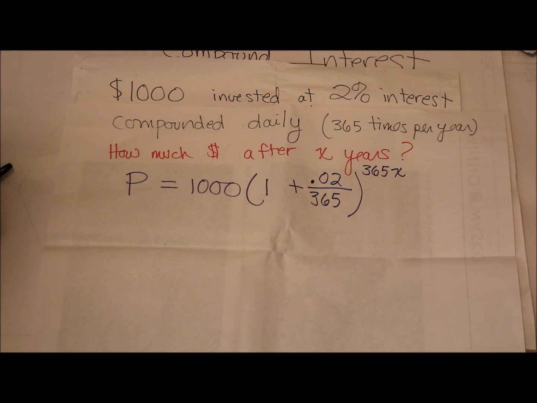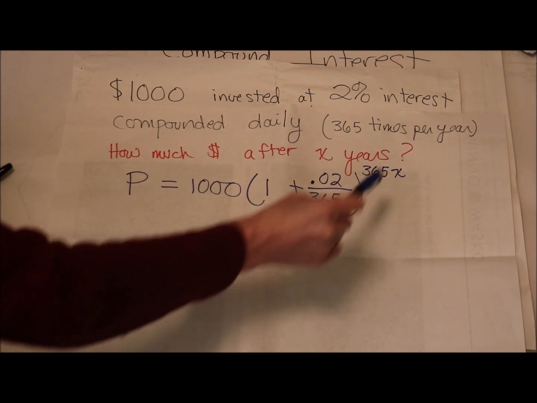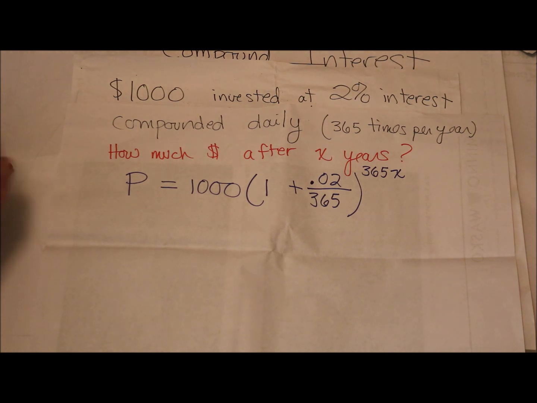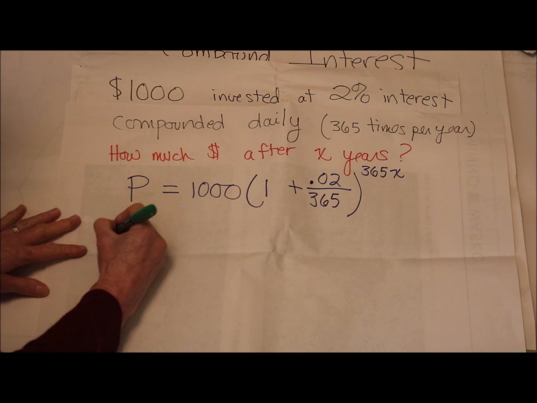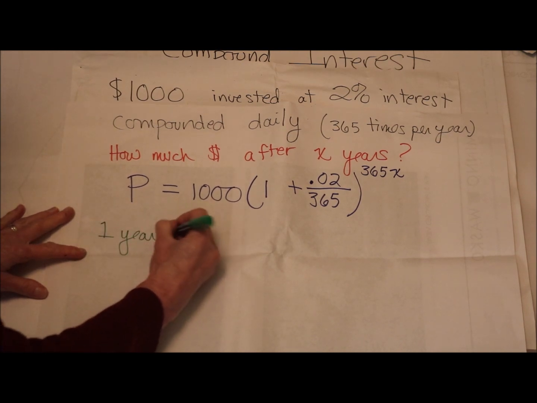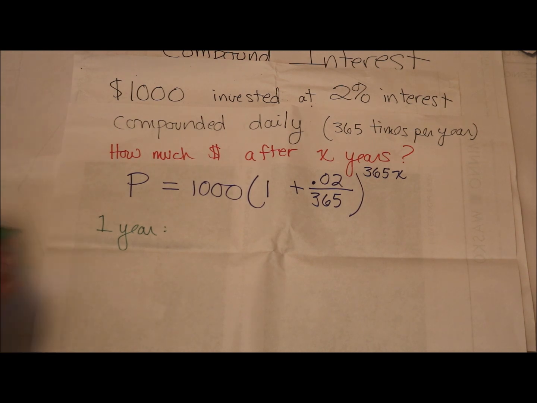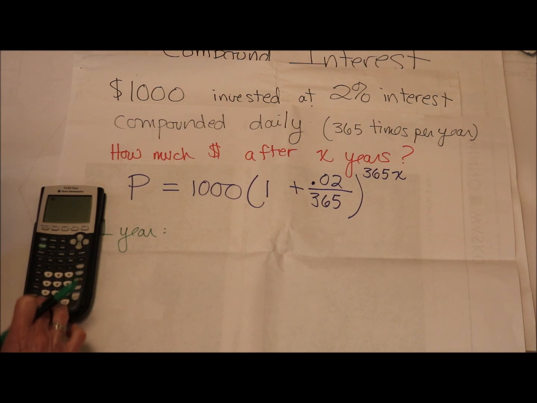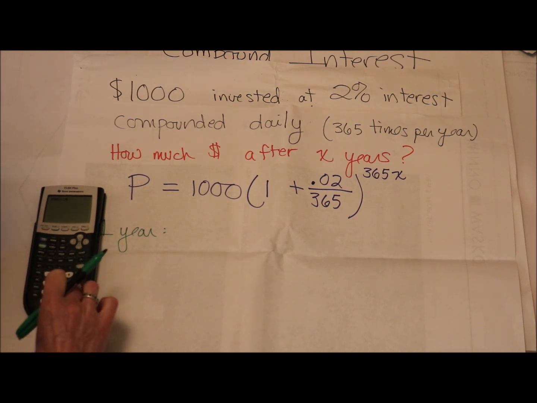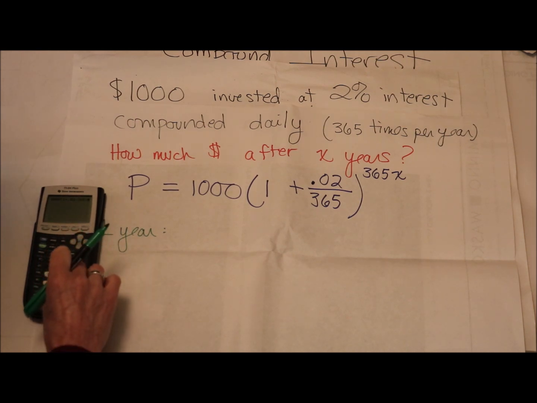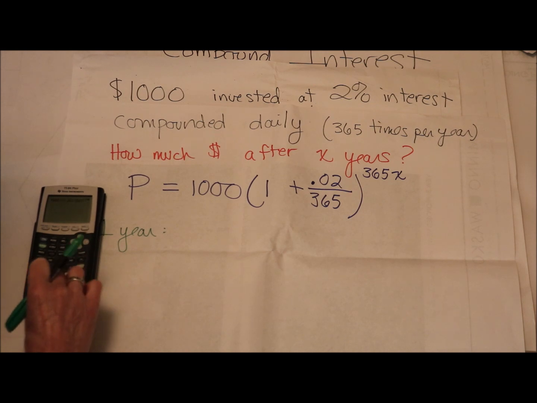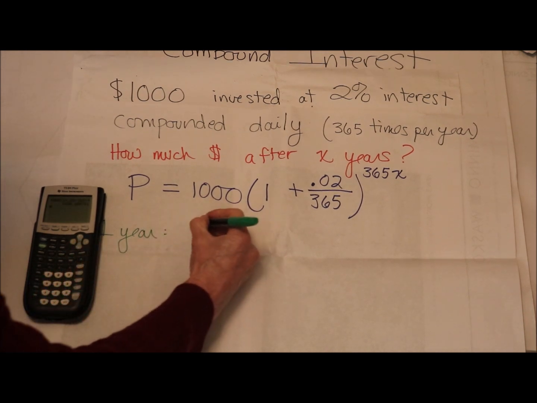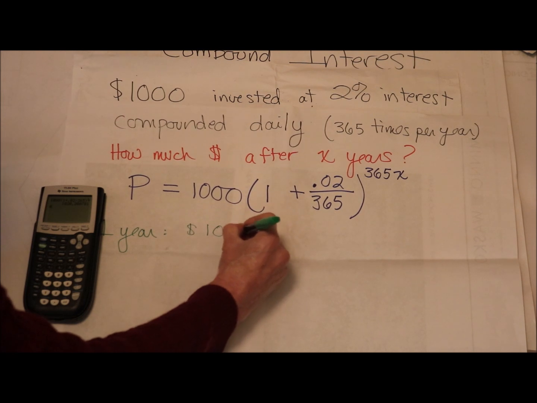That would tell us how much money you would have in your account after X years. So give me a number. What should I plug in? Well, let's start with 1 year. So go ahead and put this in your calculator. You're going to replace the X with a 1. And you're just going to put in 1,000 times 1 plus 0.02 divided by 365. And then caret, 365 times 1. And I got, rounded to the nearest penny,